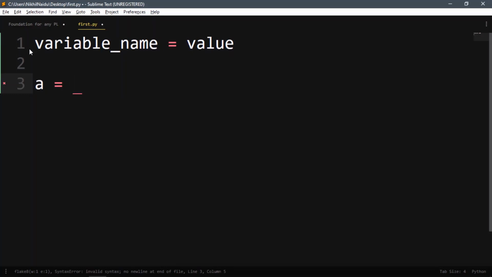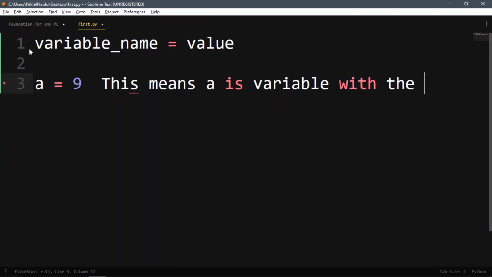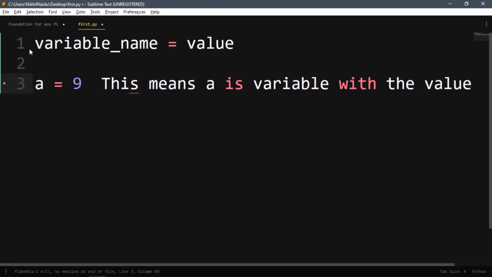It can be maybe a number. This means a is a variable with the value 9.